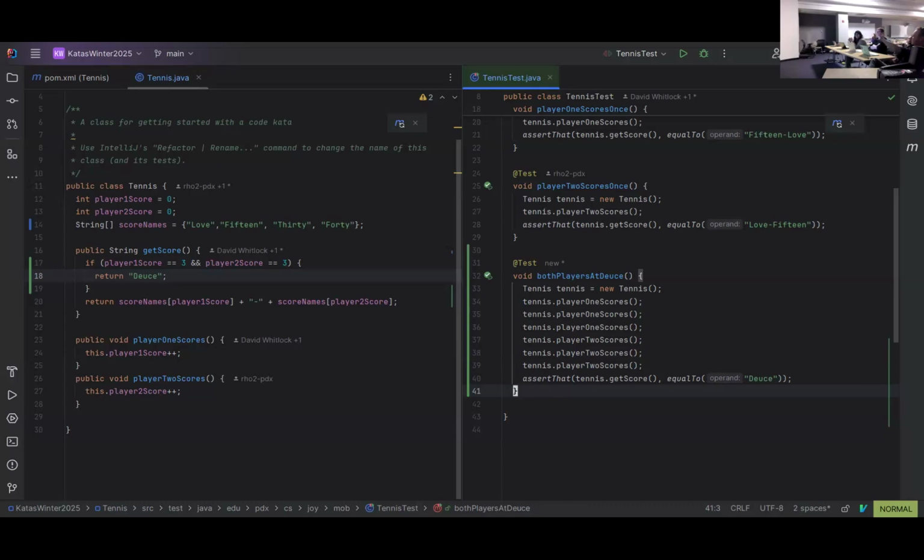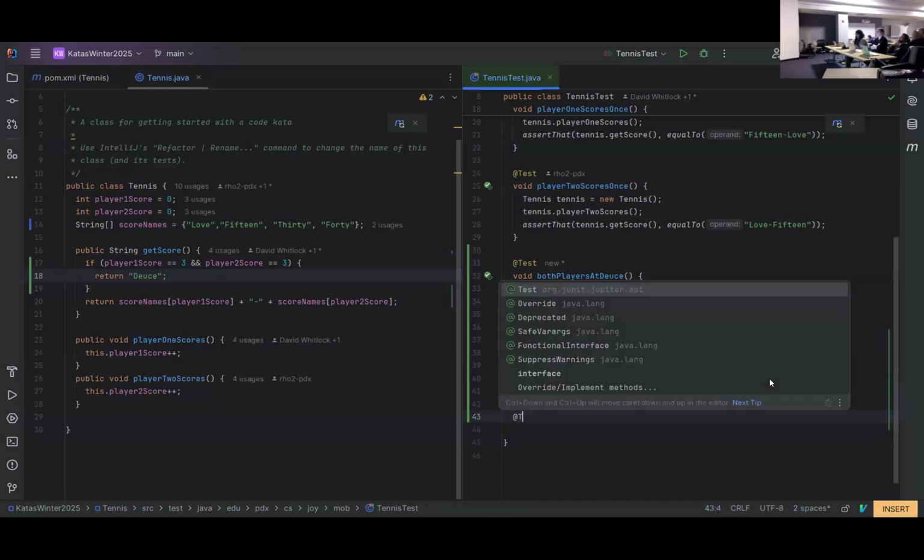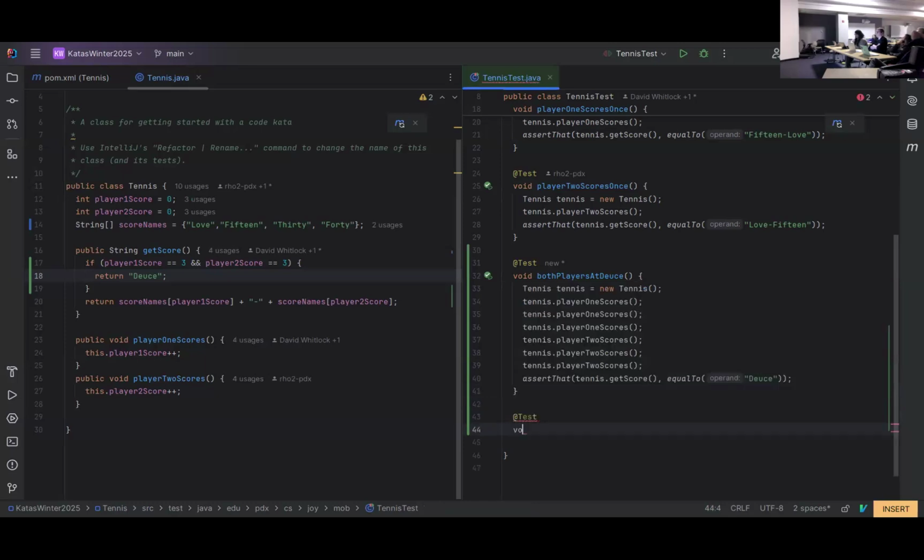Yeah, I think so. Let's write the test first. Yeah, I'm sorry, I'm just not seeing it, but I get what you mean. I think it's good. So we're writing it as we want that to be player one. Player one has a